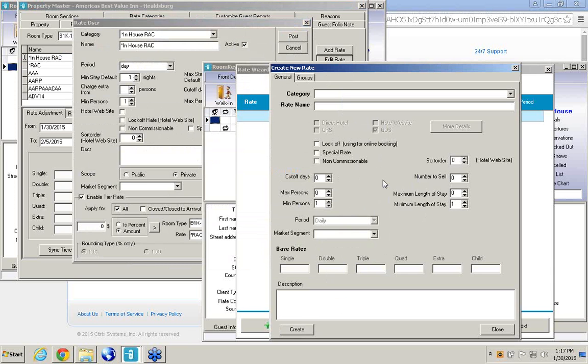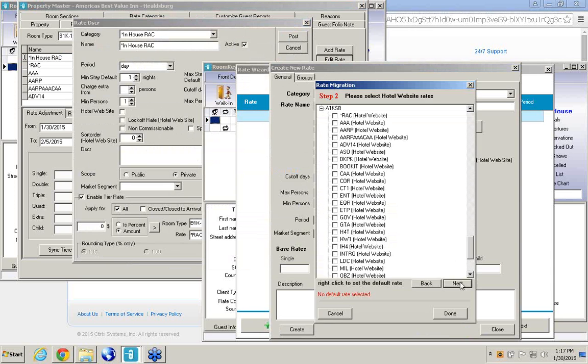Oh, hang on, let's see what we've done here. Let's do this again from scratch. So we don't have a CRS. We are not using the hotel website. So it looks as if on your rack rate, you may only have hotel website selected. So Cam, I'm actually going to have to go back and look in your rates here, because it looks as if that rack rate that you're using here may not have